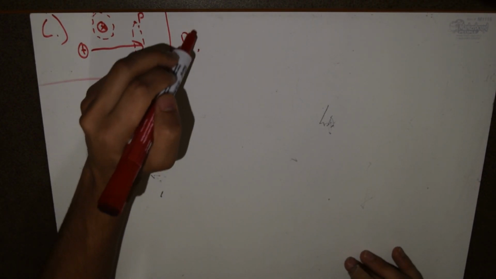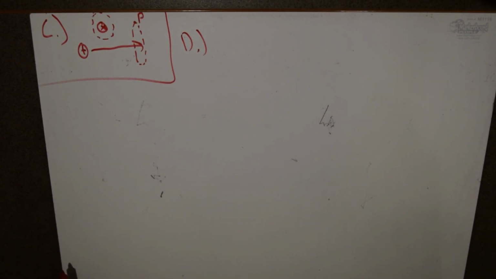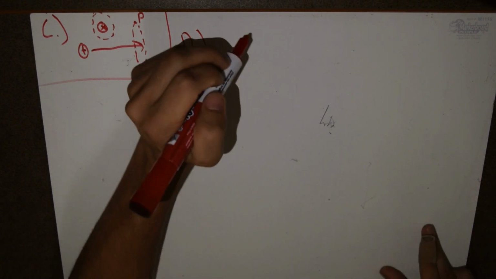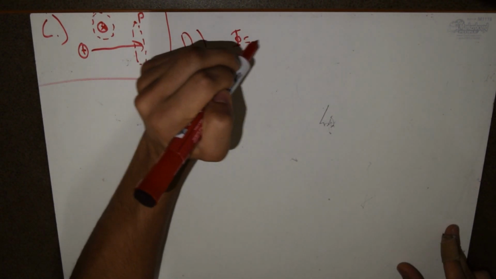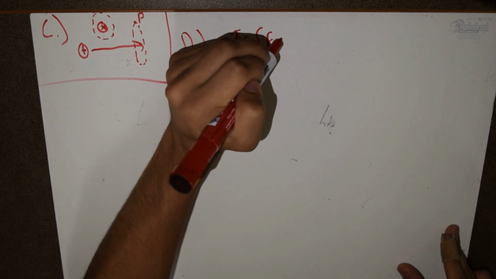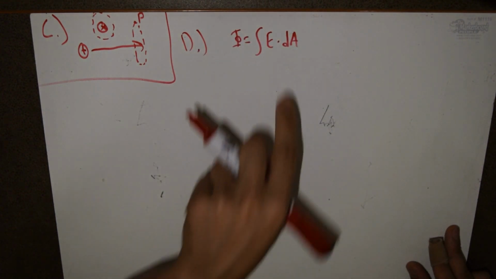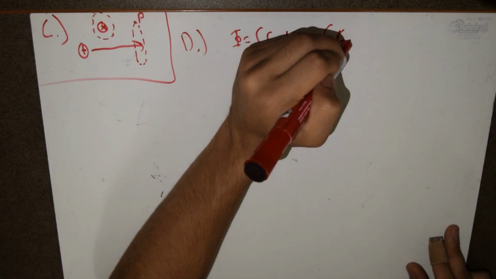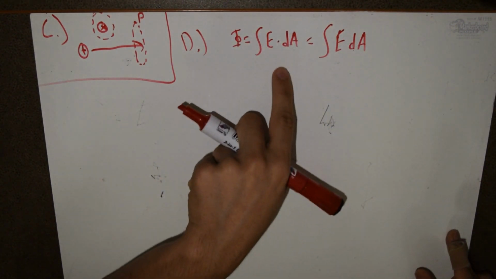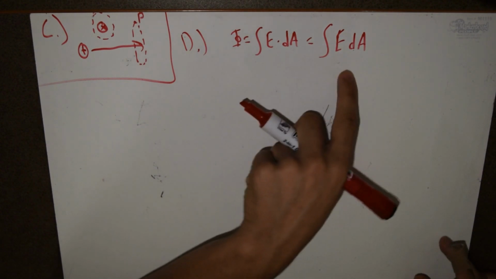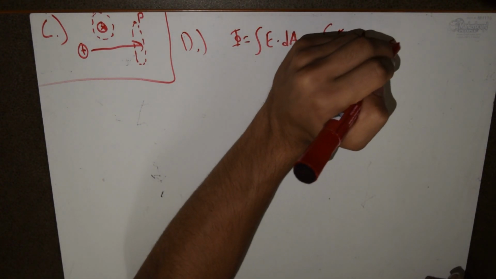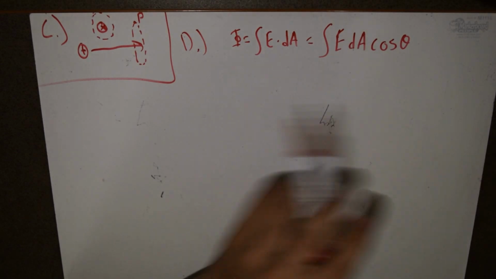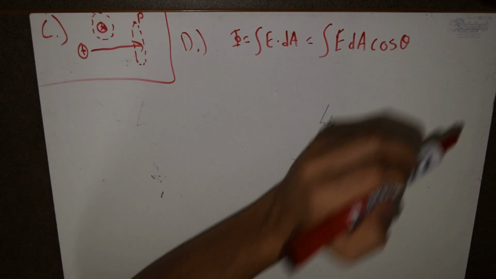So part D asks to find the electric flux through the Amperian loop. So the electric flux equals the integral of the electric field dotted with dA. Well, the dot product is just looking at the magnitude of the two components that are perpendicular to each other. So we can take the dot product out and multiply that by cosine of theta. So looking here at the diagram that we have